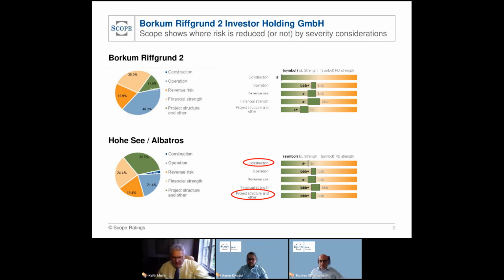Okay, thanks very much. We've got a couple of other questions here. There is one about actually emergency funding. And does this mean, can rated notes be subordinated to emergency funding? Yes, exactly. I mean, this is exactly the problem. This is maybe a quite specific situation here. Yeah, they can be